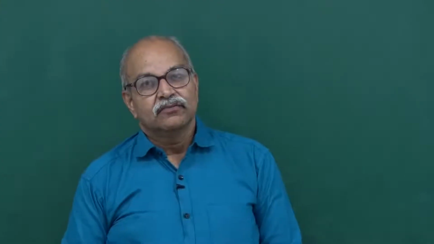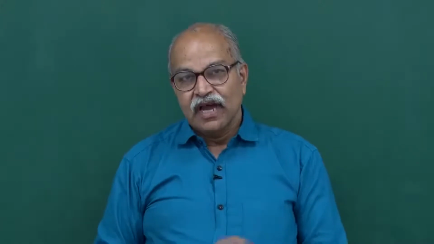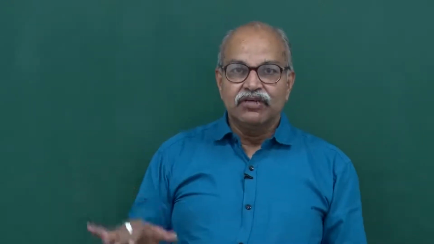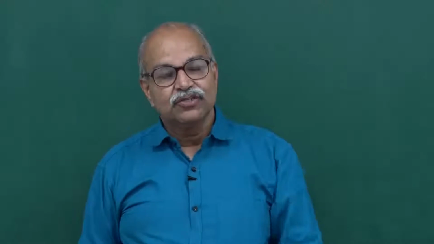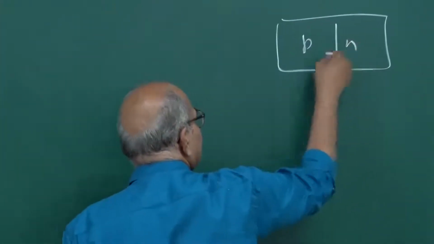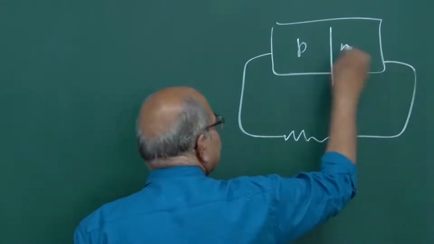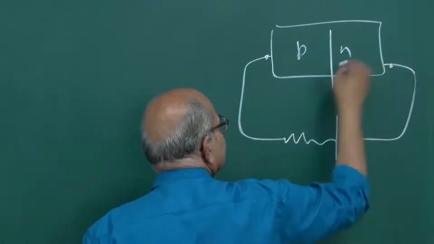So, we talked about PN junction in forward bias, where you connect a cell with some resistance etc., higher voltage being given to the P side and lower voltage given to the N side. And then we saw that this applied voltage, if you have this PN junction here and you connect a cell here, so that this is at a higher potential, this is at a lower potential,